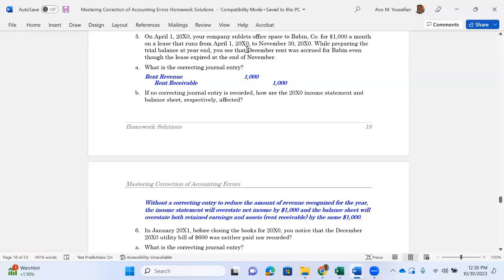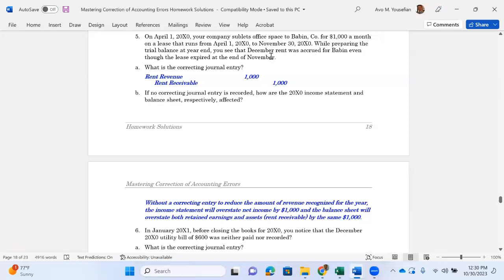So someone, one of your bookkeepers, recognized the rent revenue for December, but December is not in the contract. The contract is up to November, so that's extra, right? So what is the correcting journal entry to fix that